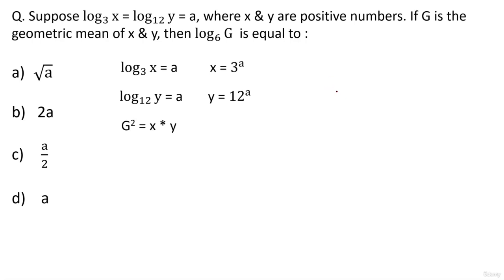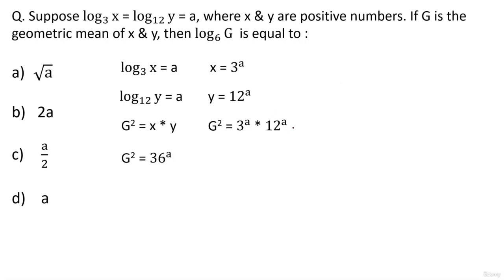So basically g square will be equal to x into y, or g is root xy. Okay, so in place of x we substitute 3 raised to a, and in place of y we substitute 12 raised to a, right? So g square becomes 3 raised to a into 12 raised to a. Okay, now powers are common, 3 raised to a, 12 raised to a. What we do is, we take the power outside, power common, so it will become 36 raised to the